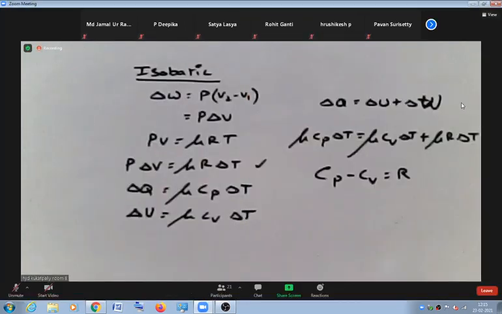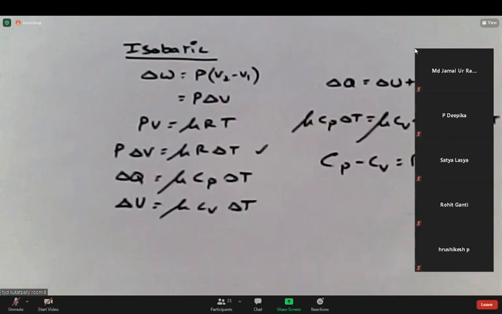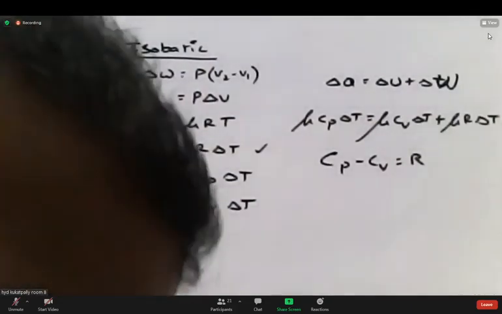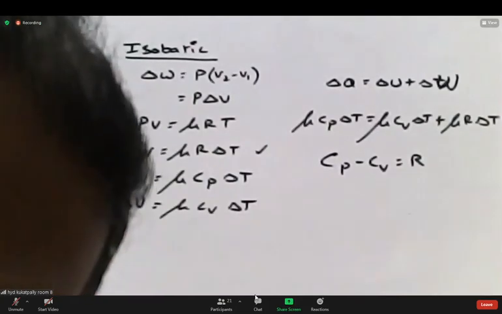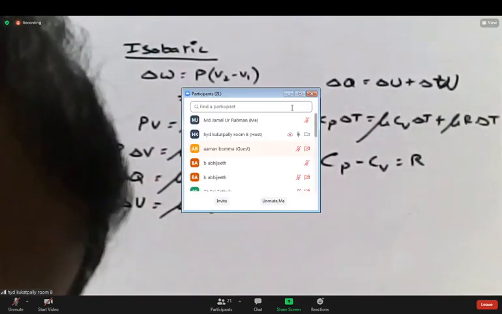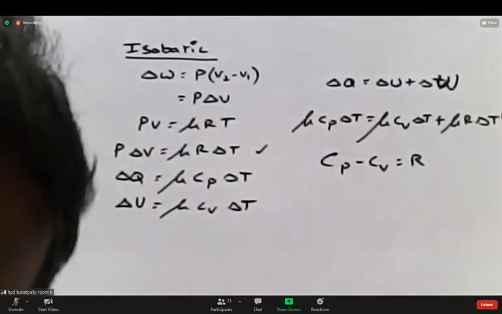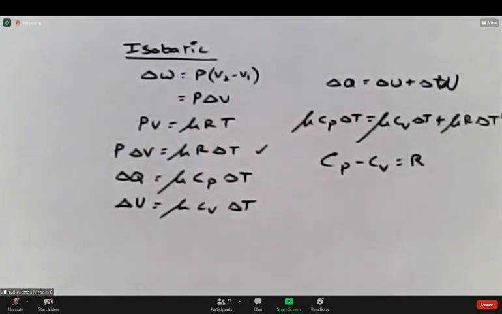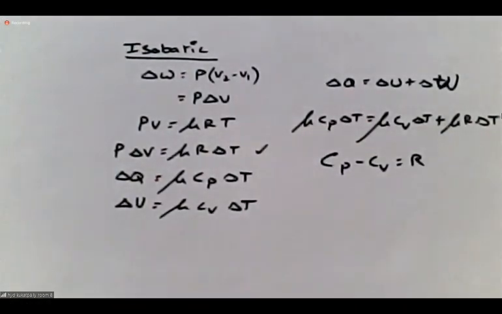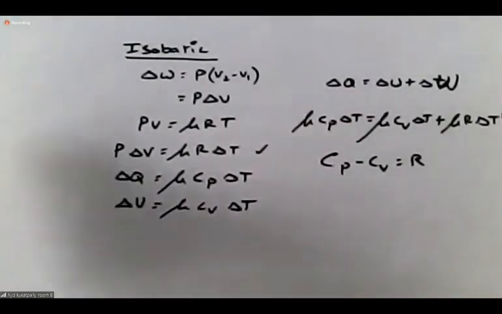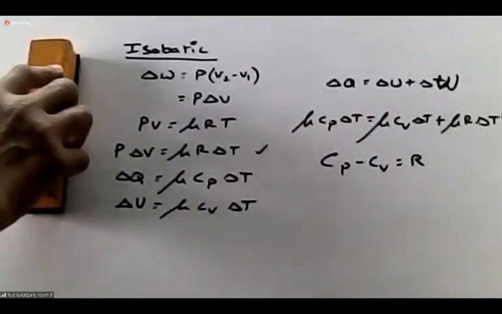So Cp is definitely greater than Cv. By how much? By R. This is called Mayer's relation. First law of thermodynamics applied to